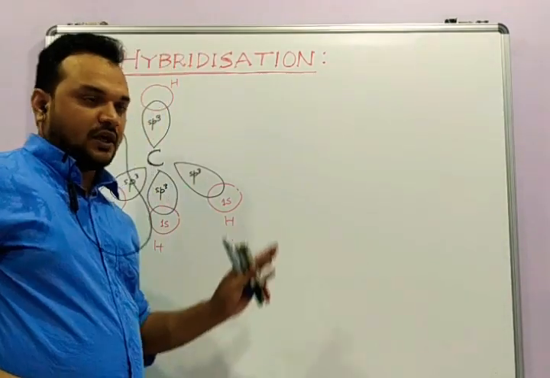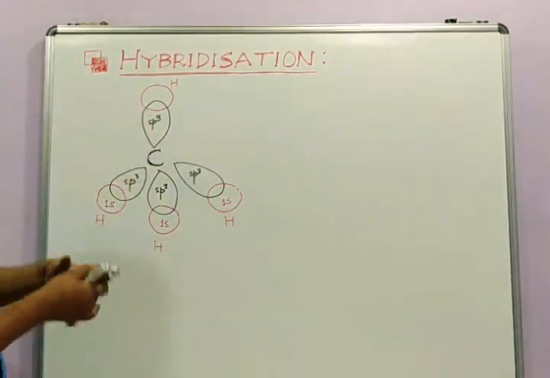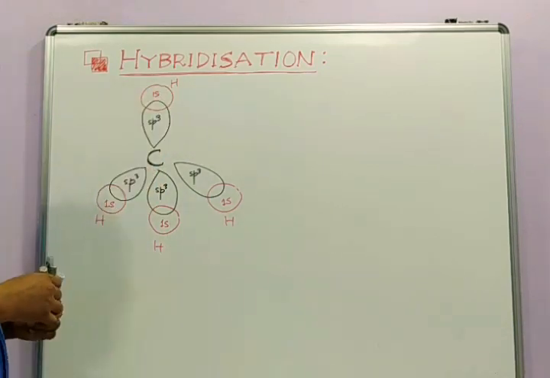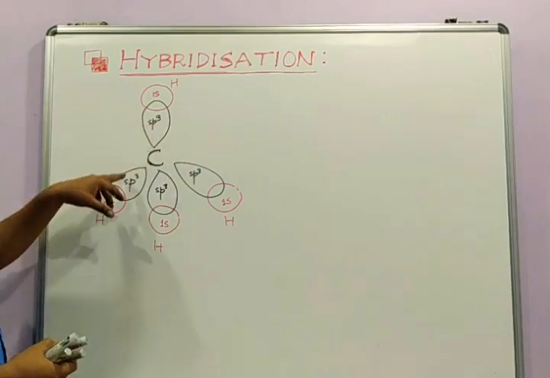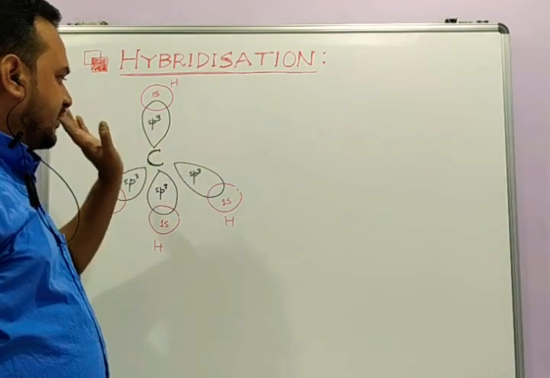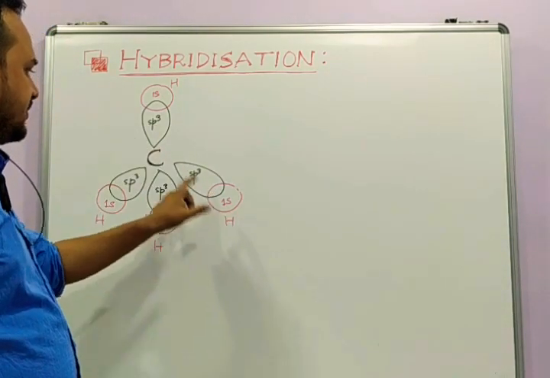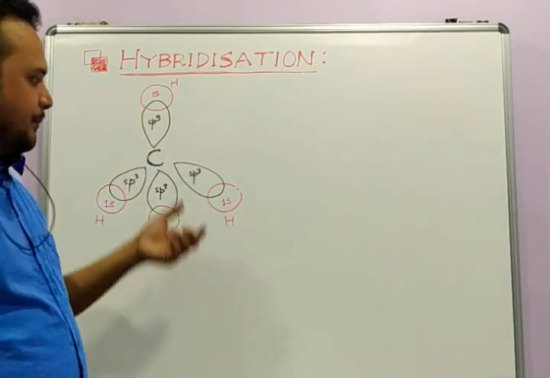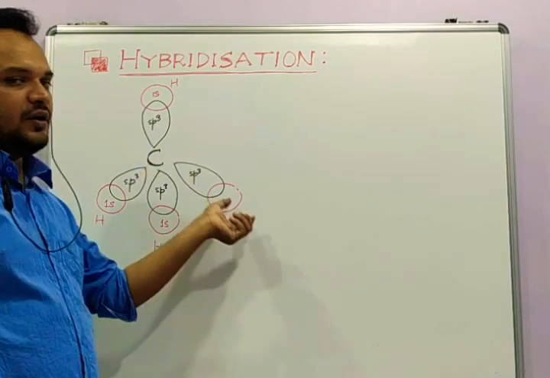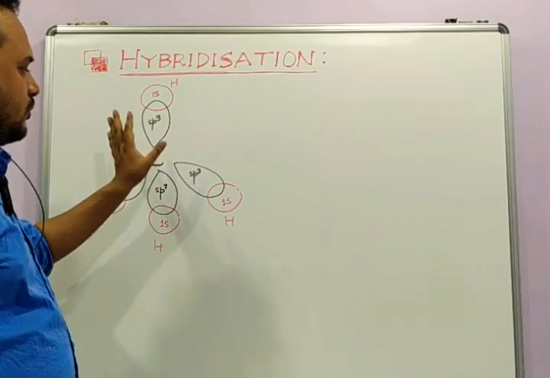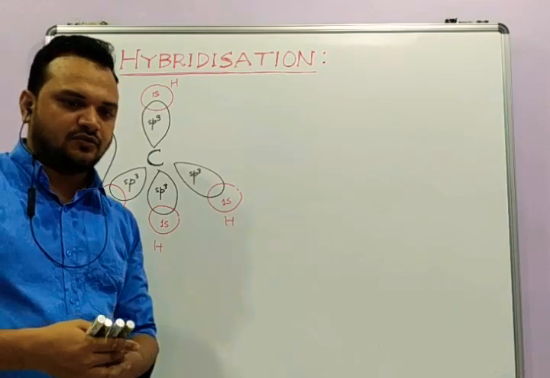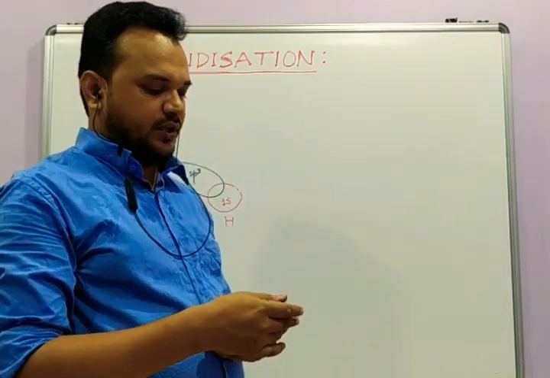So here comes our methane molecule. How is it formed? We have the 1s orbital of hydrogen, and in the valence shell of carbon we have 4 energetically equivalent sp3 hybrid orbitals, each of them containing 1 electron. So each of these CH bonds is formed by the overlap of an sp3 hybrid orbital of carbon and the 1s orbital of hydrogen. So they are giving you 4 identical CH bonds in terms of bond energy and bond length.